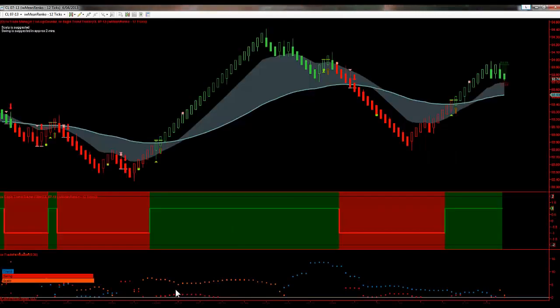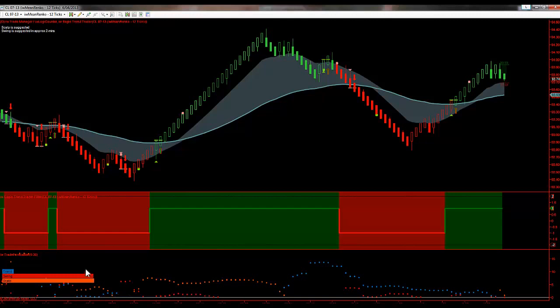So it has its own panel at the bottom, and the blue dots identify the strength of the trend, and you can see the trend is building here and then it's declining here. The red dots would identify swing trades, and the orange dots would identify scalping trades. So you do have the option of putting Trade Forecaster on its own independent panel,